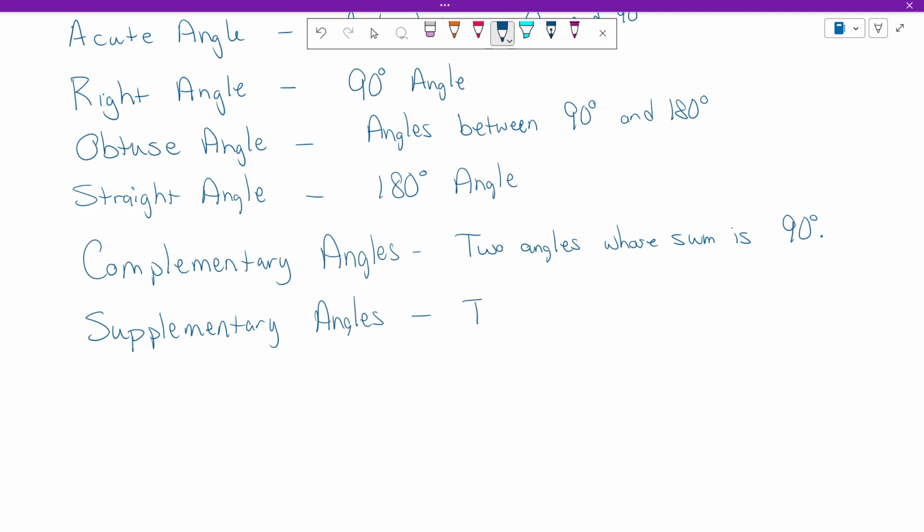Supplementary angles are two angles whose sum is,